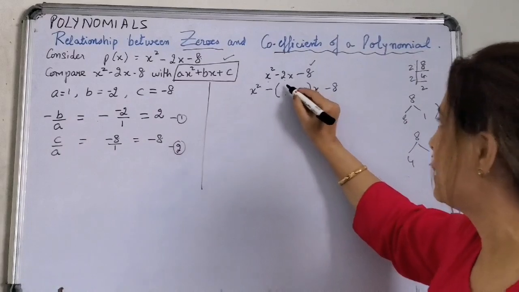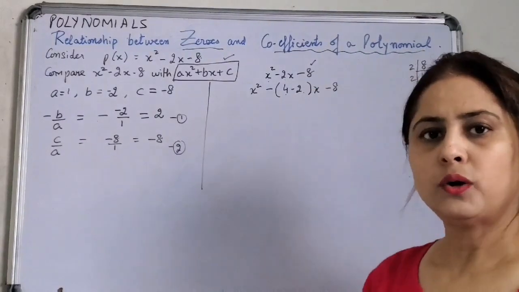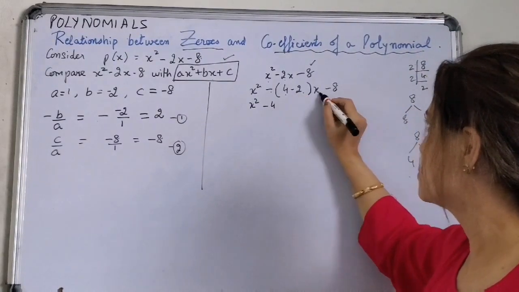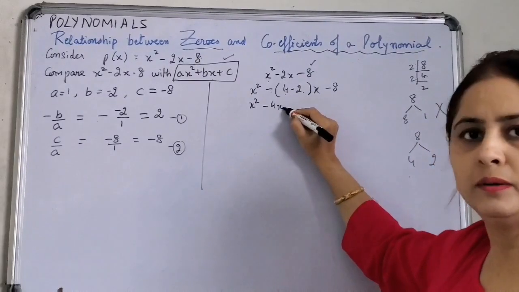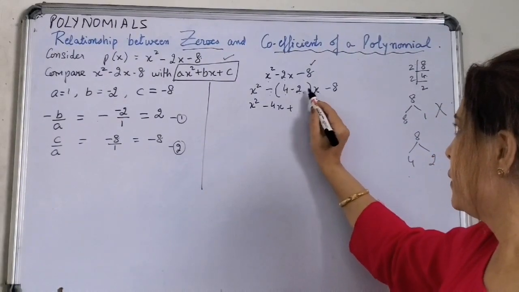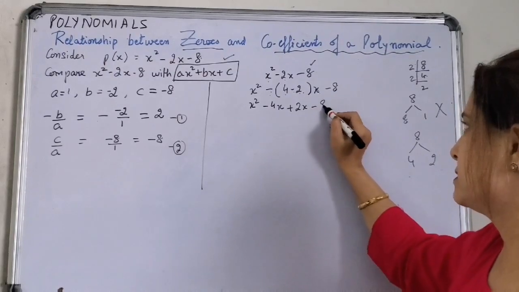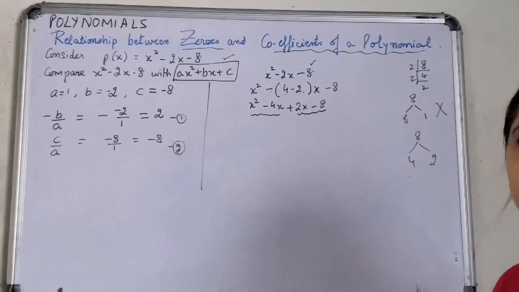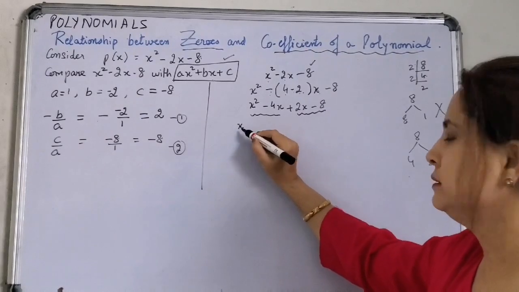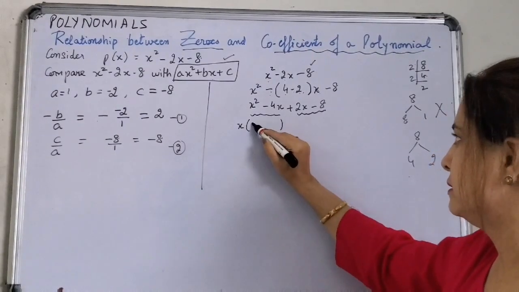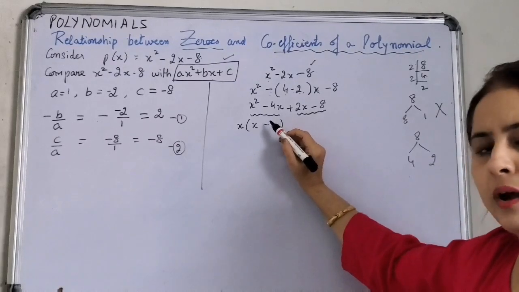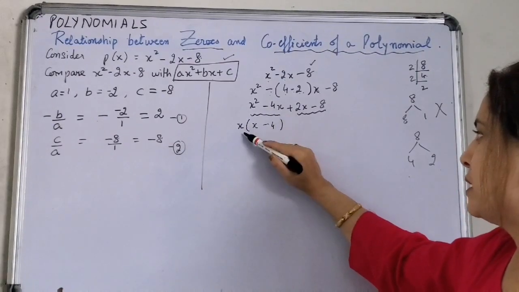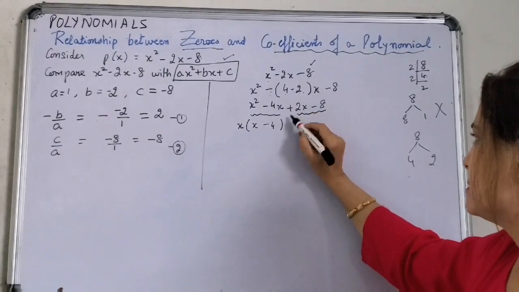So I'm going to pen down 4 minus 2 over here. Now let's see how it works. Open the bracket. Minus into 4 is minus 4. x is also multiplying with 4, so x also comes over here. Minus into minus is plus. 2 into x is 2x, minus 8. Correct? Now pick up the first two and underline the next two as well. From the first two, we get x as common. Whatever is left, we'll put in the bracket. Here x minus 4. x we have taken as common, so x divided by x is x, and 4x divided by x is 4. Here the plus sign is in, we'll take plus only.